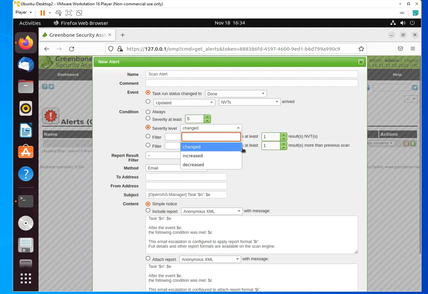You can do it as change. If the severity has increased, that's what you would like to do, not decreased. You don't want to get notified when the severity of that item decreases, right? You would like to get notified whenever the severity increases. So you would like to do that, and then right from here,